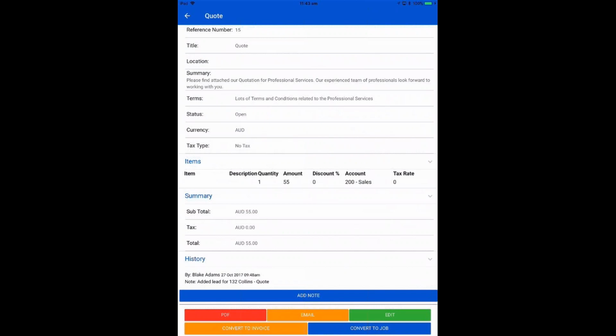All right, so here I've gone into the quote, and at the bottom of the page, this is the quote as it is. At the bottom of the page, I can either click to view the PDF, email it, or edit it. Underneath that is the ability to convert the quote to an invoice or convert the quote to a job. So there's a number of different options at the bottom, including adding a note as well, all right? So six options at the bottom. View PDF, send email, which will have the PDF attached, edit the quote,